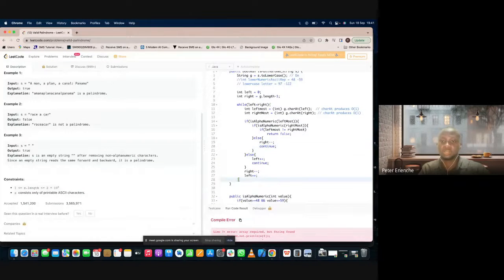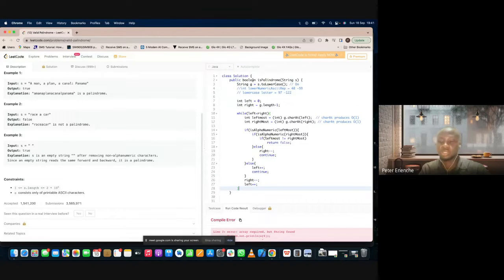Now we have this because our function has to return something. So because we are expecting return of false,